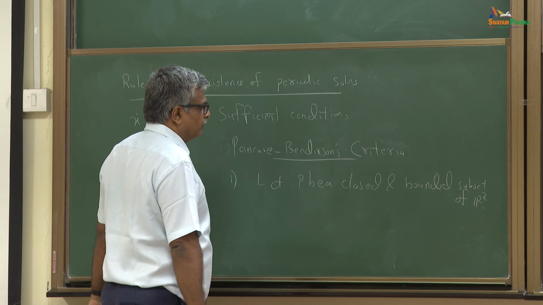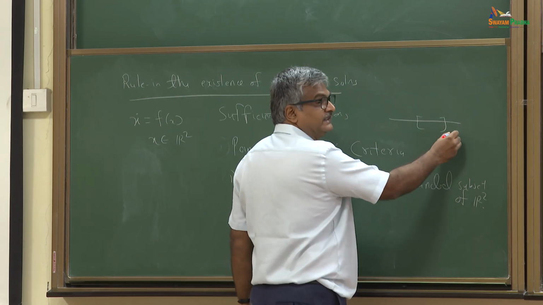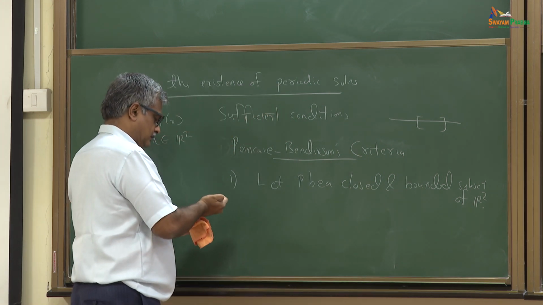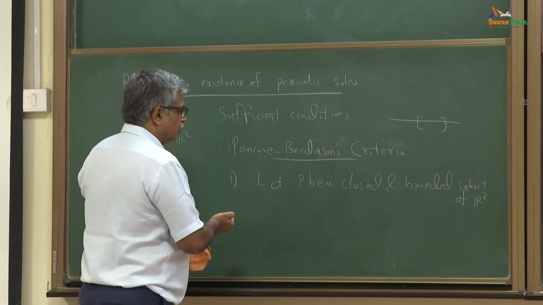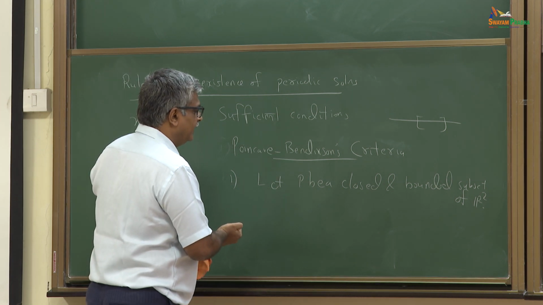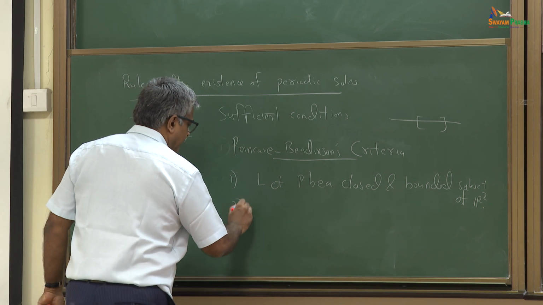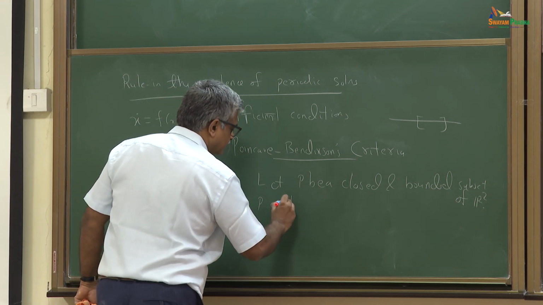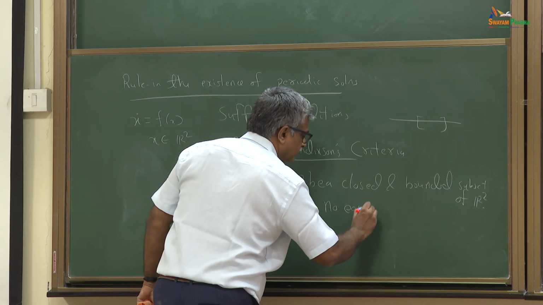For example, on the real line, the closed intervals are closed sets and also bounded sets. So you require the subset P to be a closed and bounded set, and P contains no equilibrium points,